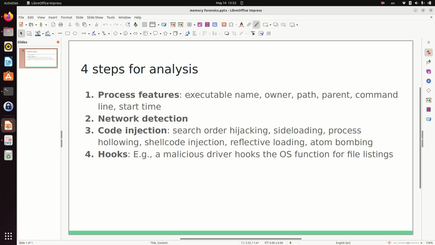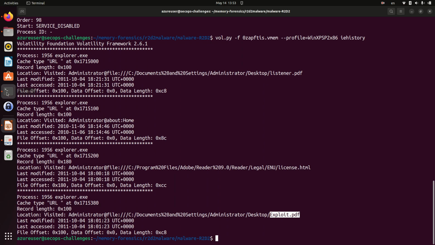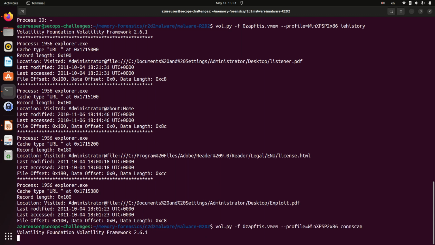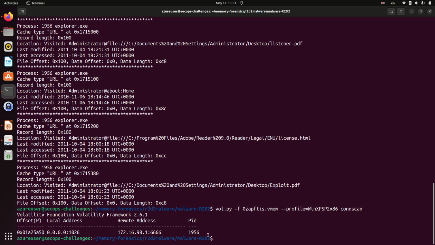We see that cmd.exe has been executed, the service has been queried, probably there's a rootkit here. We want to move to the next step, which is a network analysis. I want to use another plugin called ConScan to see the network connections on the machine. This is a classic way of getting the reverse shell. So from the local host to the remote host on this port, probably the attacker is listening on this port